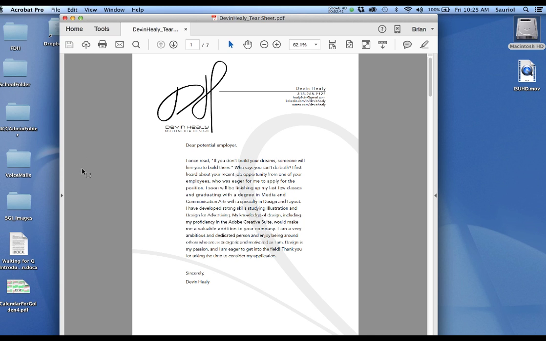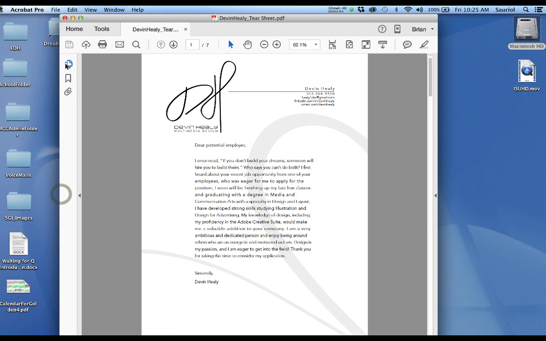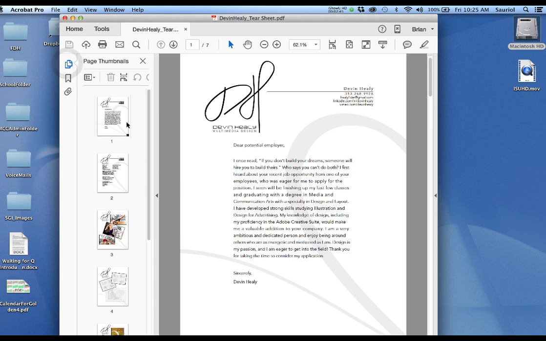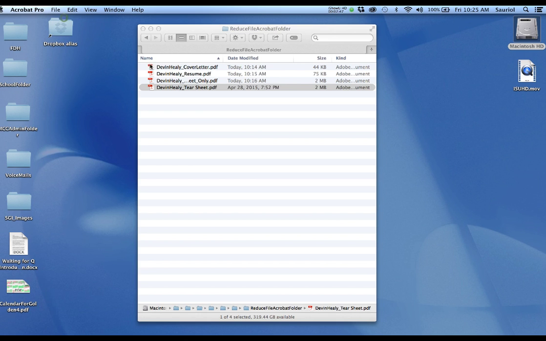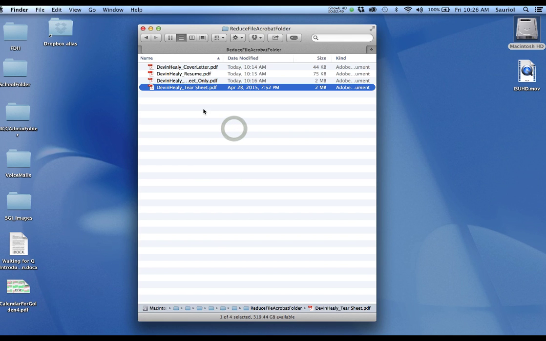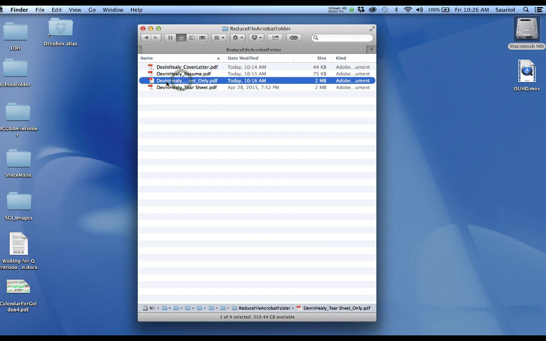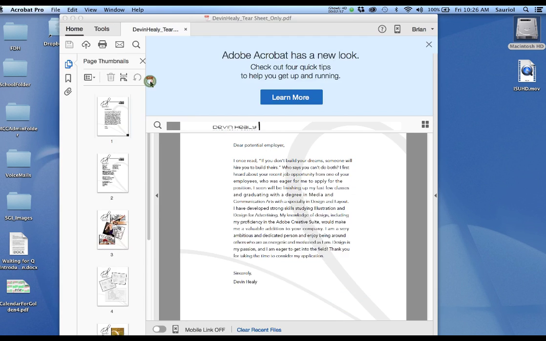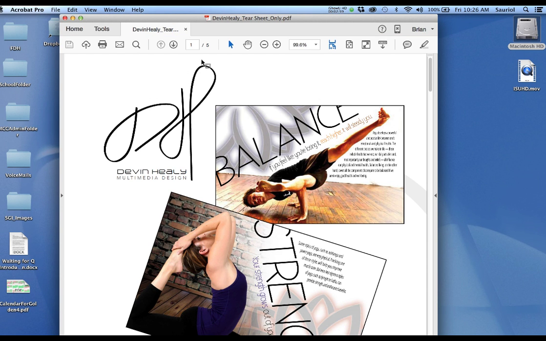But I was supposed to have gotten rid of that. So let me click Pages, and oh, you know what? I actually do have it without the tear sheet. That was the composite. So I'm going to open up the tear sheet only. Here, let me make the name bigger so I can see it. So in the tear sheet only, I'm going to double click it, and I'm going to hit Command 0,